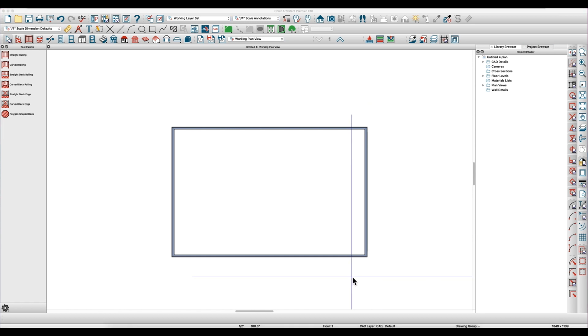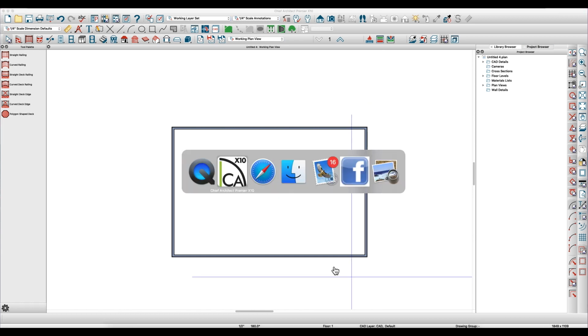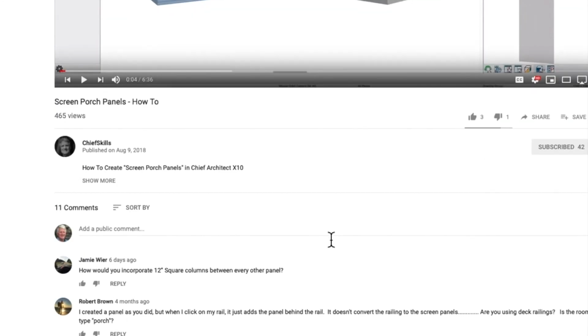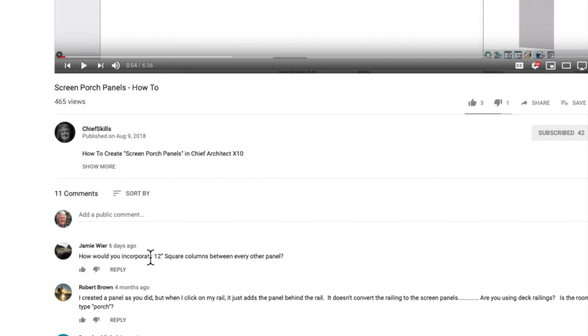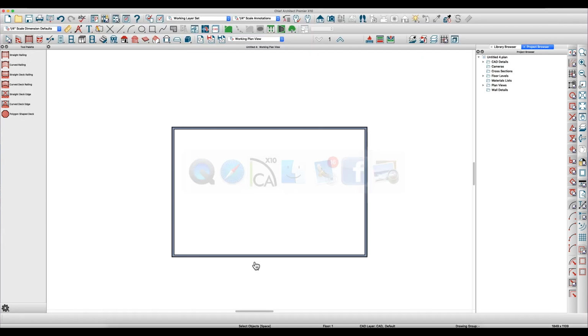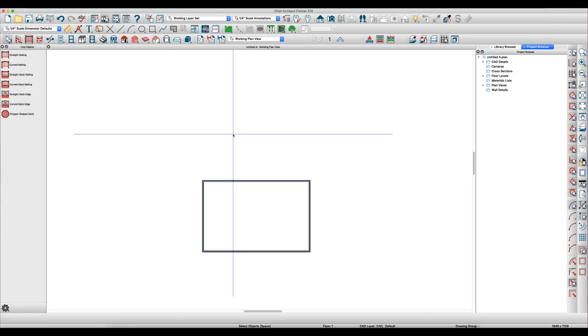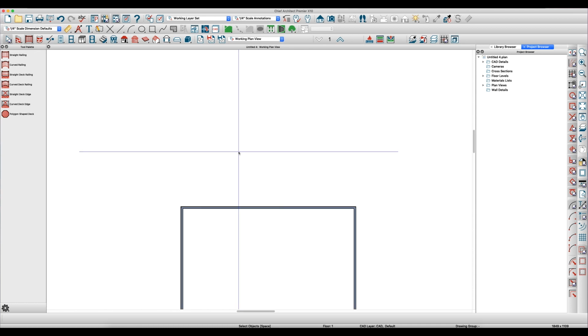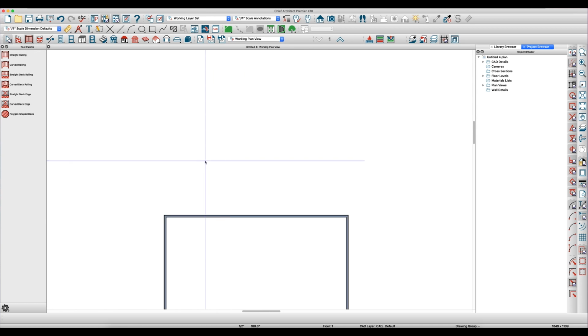I have my Chief Skills YouTube channel, and someone posted on here, Jamie, how would you incorporate 12-inch square columns between every other panel? And there really is no way to do that automatically. You could do it a multitude of ways, but